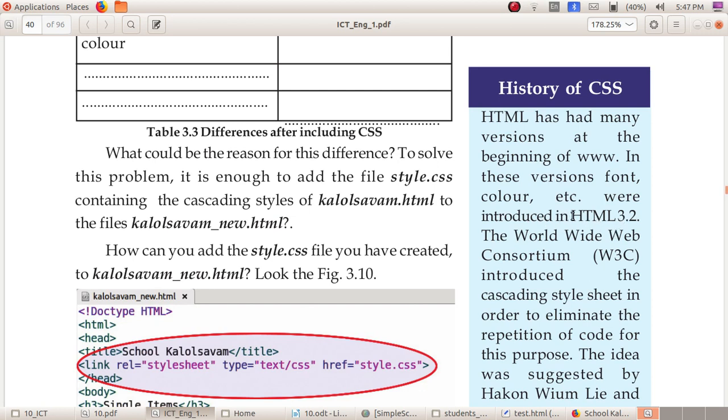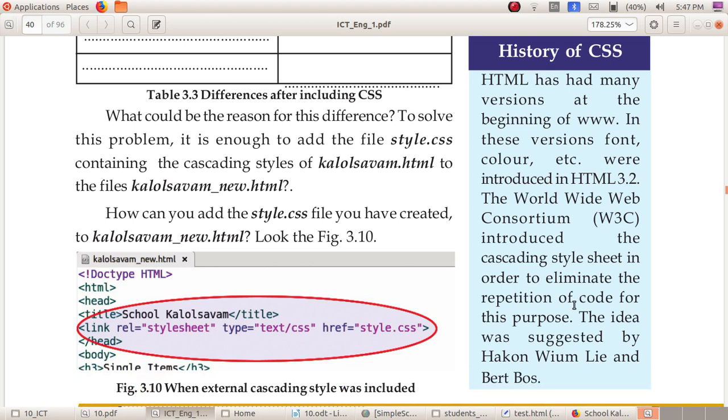So, in the version HTML 3.2, colors and fonts were introduced. Then the World Wide Web Consortium, that is the W3C, introduced the cascading style sheet in order to eliminate the repetition of code for this purpose. So, CSS was introduced at the time by W3C.